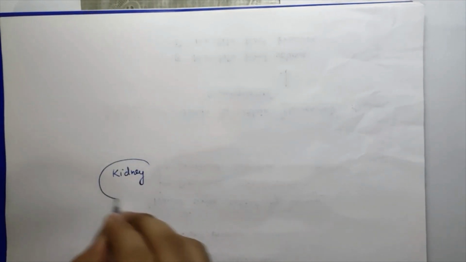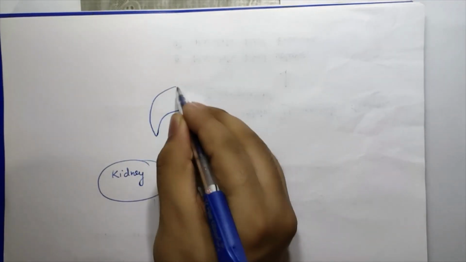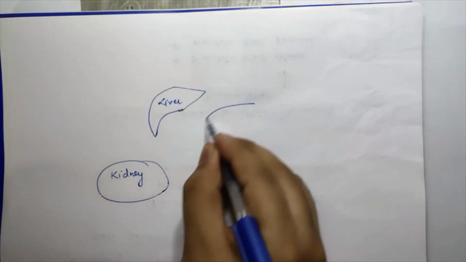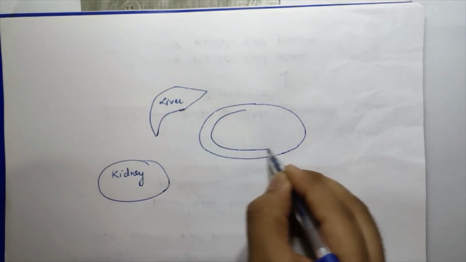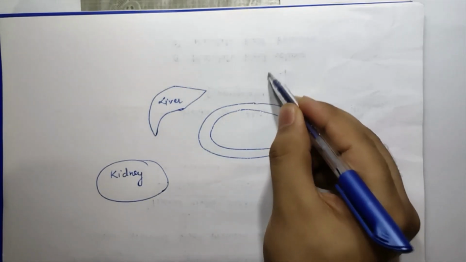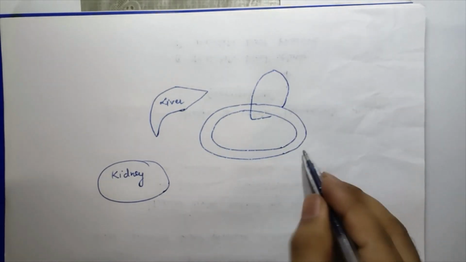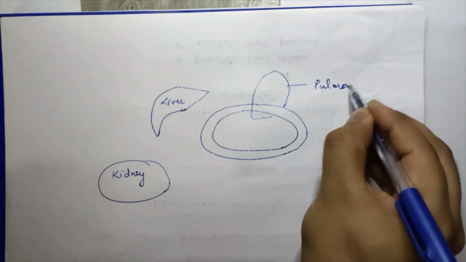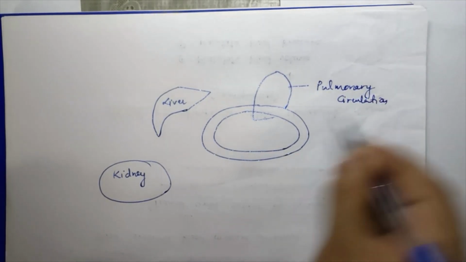That plays an important role, and there is the role of the liver, and here comes also the role of our main circulatory system, and this is also aided by pulmonary circulation. This is pulmonary circulation, this is main circulation,